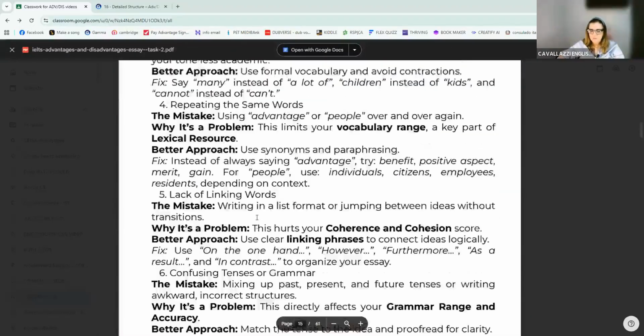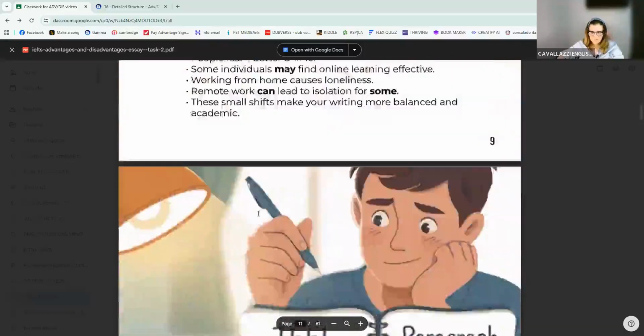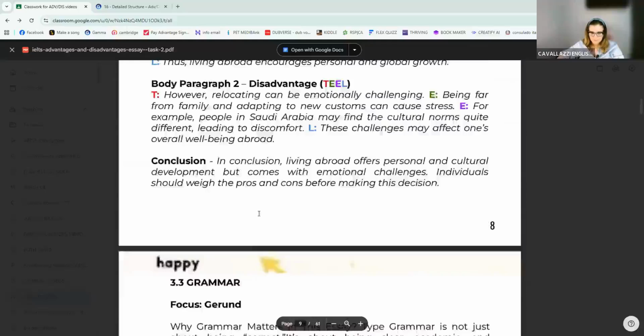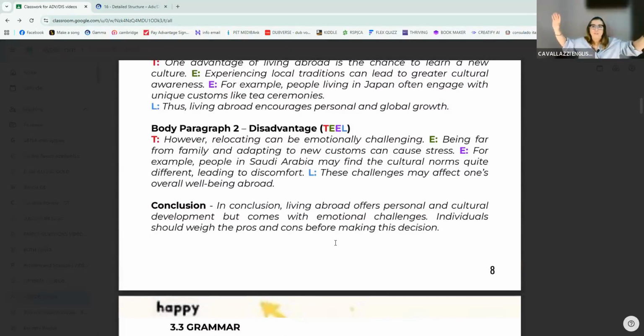And coming to the conclusion of the essay, which obviously I haven't finished, there on page 8. In the book, when you get to the conclusion, it's simply to summarize all you have written in one sentence. In other words, sum up everything you wrote in a single sentence. Right after that, the main points, which are nothing more and nothing less than your advantage and your disadvantage without any repetition. And finally, your conclusion here.